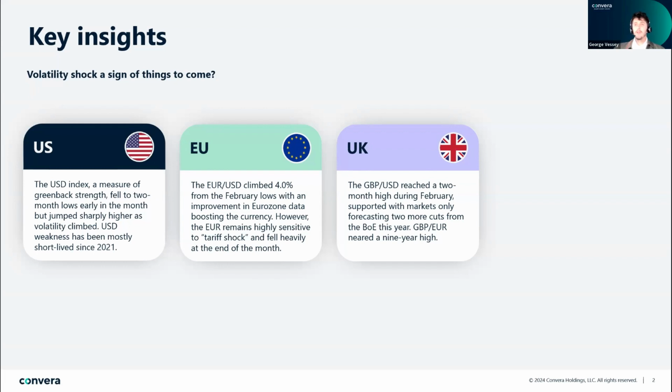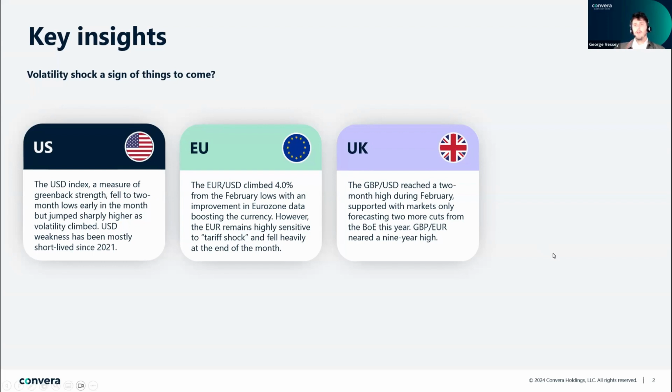And like the euro, the pound rose around 4% against the US dollar before losing steam at the 2-month high of around 1.27. But against the euro, the pound remains close to that 9-year high, around the 1.22 mark. It's still above 1.21. It closed February out above that level, which is the highest monthly close since 2016. So good news for sterling traders there buying foreign currency.